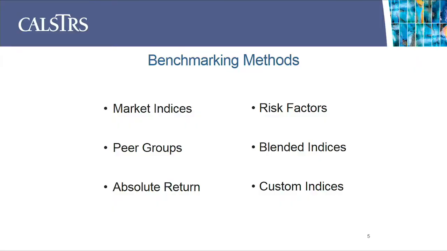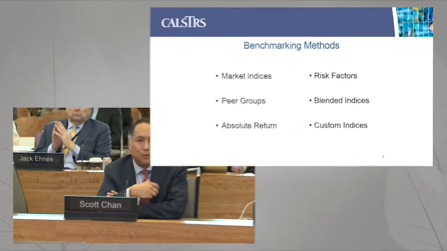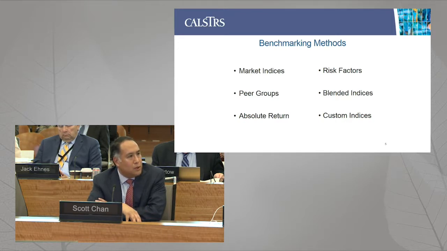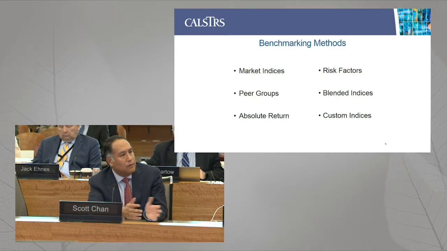So moving forward, benchmarking methods. This is where we would compare our criteria and try to understand what constitutes a good benchmark. And CalSTRS utilizes all of the above benchmarking methods. These aren't all of them, but I tried to list some of the major benchmarking methods that are out in the market. And we all probably gravitate towards a market index because if we were to think about the criteria, it just about checks all of the boxes. Where it might score as a maybe is really in the appropriateness because some market indexes are too narrow and they cover a very concentrated set of securities, which wouldn't be appropriate.